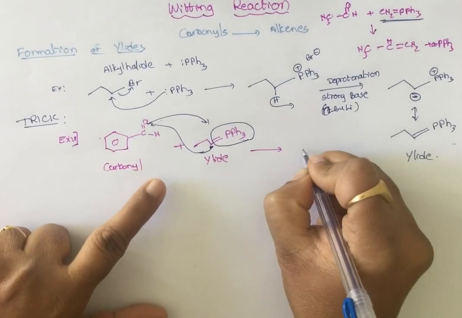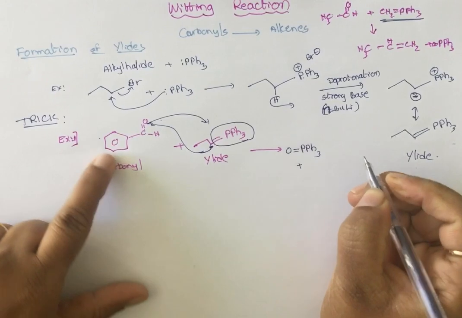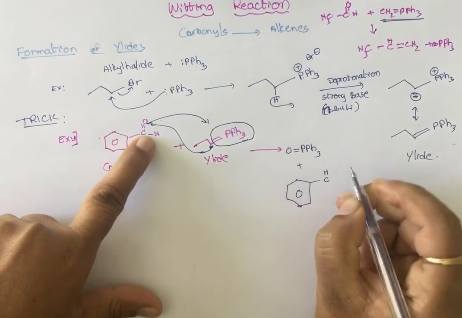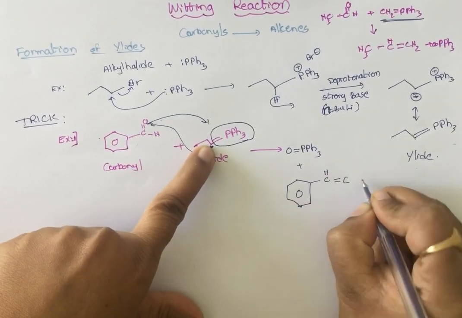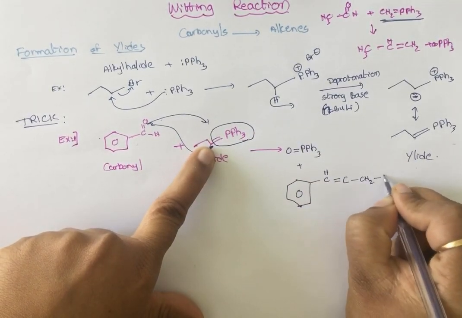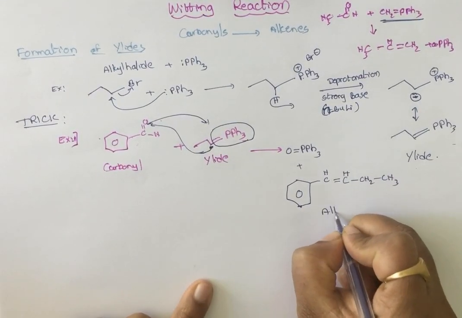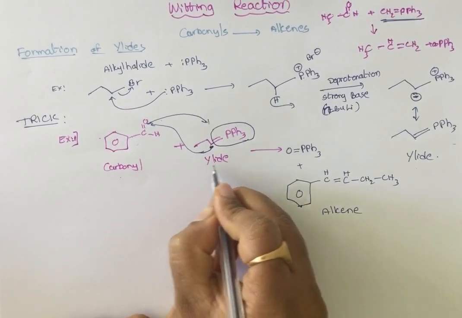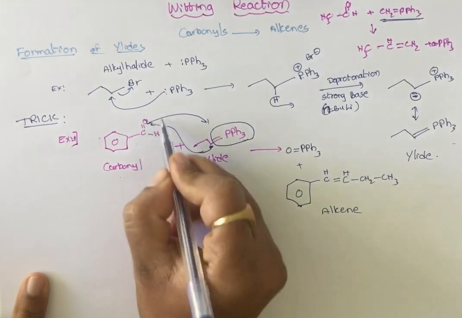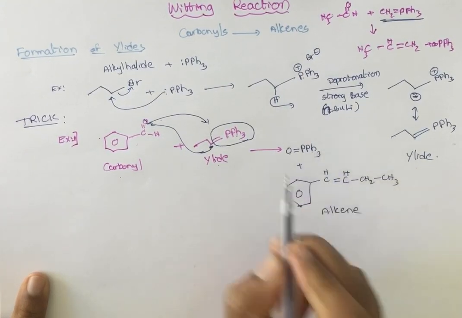First, what product do we commonly get? Double bond O, this is one thing. As well as, you see now, CH double bond this carbon, and on this carbon what do we have? We have 2 carbons, so CH2 CH3. On this carbon you even have hydrogen. So this is the alkene that you are going to get if they gave the carbonyl and the ylide as reactants. In this way, by using this trick, only remove oxygen from your aldehyde or ketone and give it to triphenylphosphine and change it into the oxide.